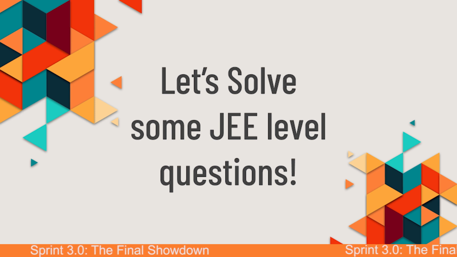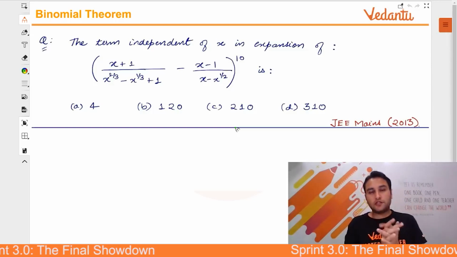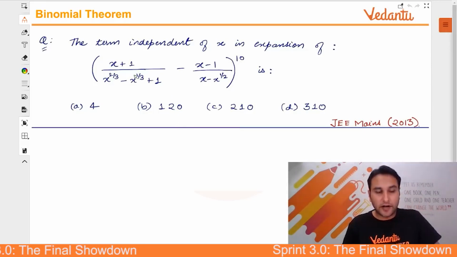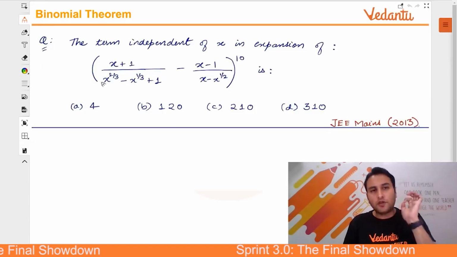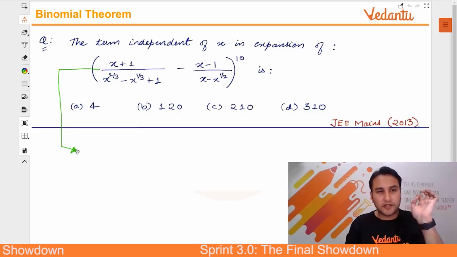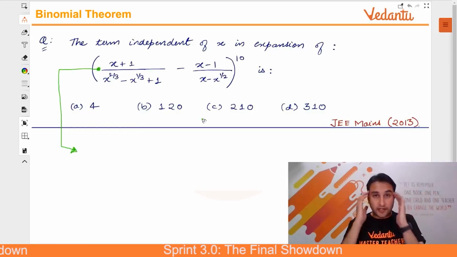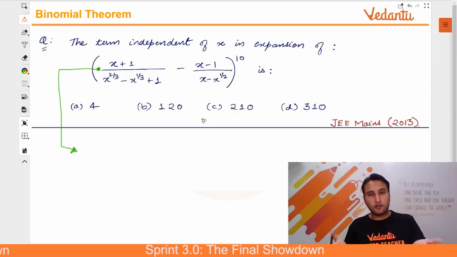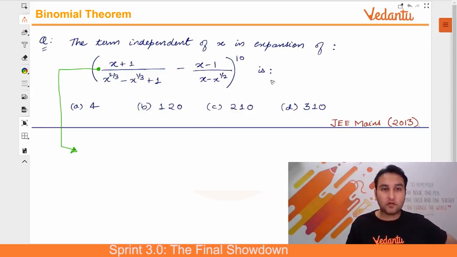Now guys, let's look at a JEE का problem. Now let's focus on a JEE का problem. Look at this. So this problem came in JEE Mains 2013. Now let's try to focus on this. See how JEE problems are formed. JEE problem will always be very simple and will have some small trick there. It will appear complicated to begin with. देख के डरावना लगता है ना, लगता है यार ये क्या आ गया. What is this? This doesn't look like a binomial, but it will convert into a binomial.